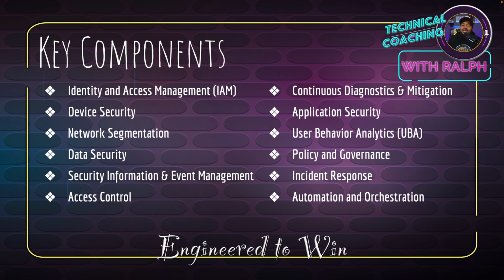Access control, zero trust network access, ZTNA, provide secure remote access based on continuous verification of users and device identities. Policy enforcement points, PEPs, not to be confused with a PIP, right? A PEP, not a PIP. A PIP is a performance improvement plan. A PEP is a policy enforcement point. Deploy PEPs at various points in the network to enforce access policies and control traffic.